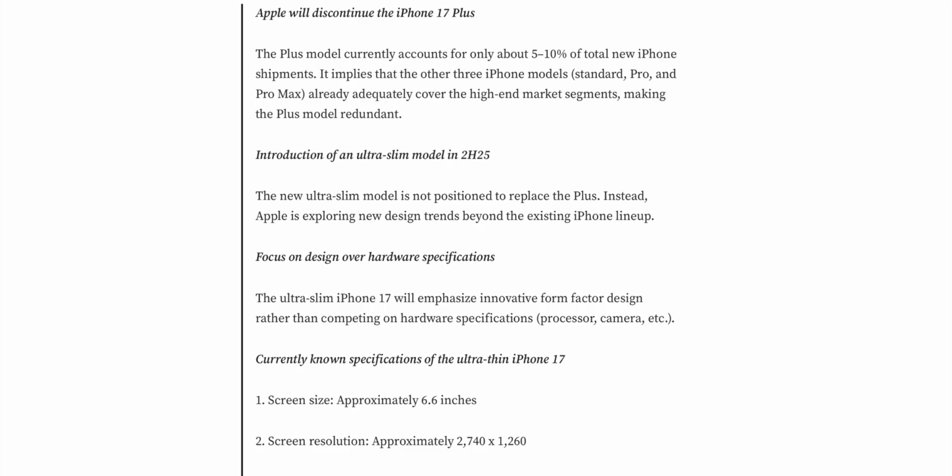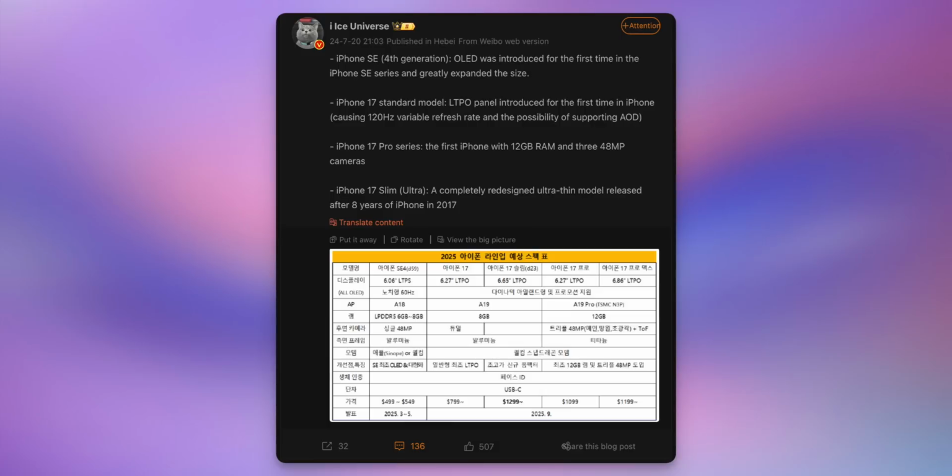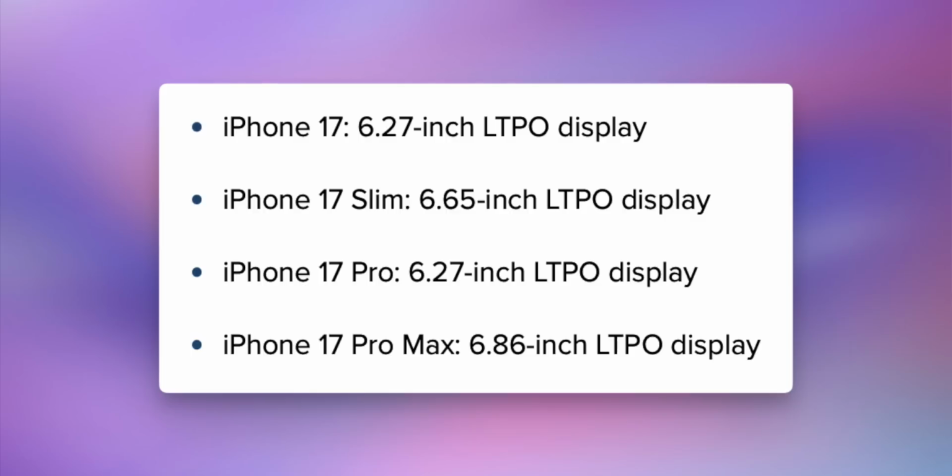It's going to have an OLED display, a lot of crazy features on the iPhone SE, but the iPhone 17 also looks amazing for really two main reasons. According to several reports and the latest coming from Ice Universe, Apple plans to discontinue the Plus model in 2025 and introduce a new Slim model, which will be the new highest end iPhone, even more expensive than the Pro Max. Ice Universe posted the alleged specs on Weibo, and the first thing you'll notice is that every